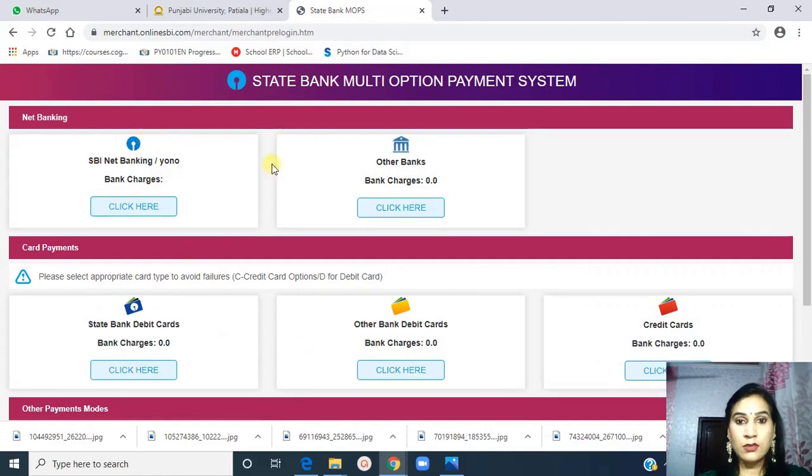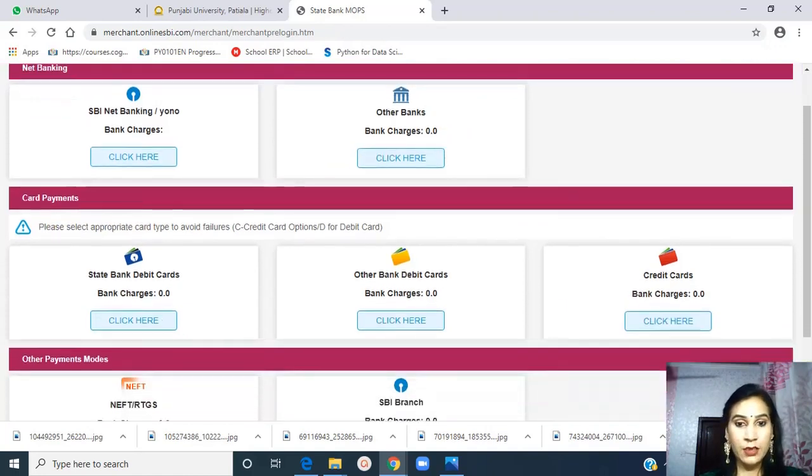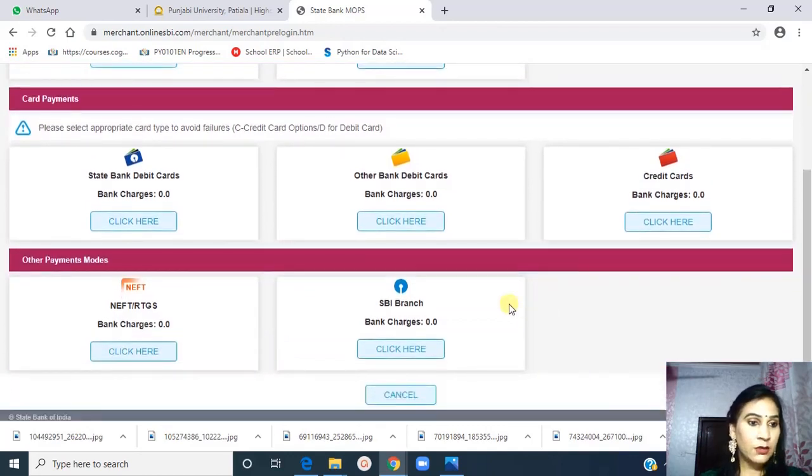After clicking on that, this web page will open. Here these are the ways how you pay online for the online form: net banking, other bank, then card payment option is also there, credit card, debit card, then other payment modes, then SBI branch charges, all these are mentioned.